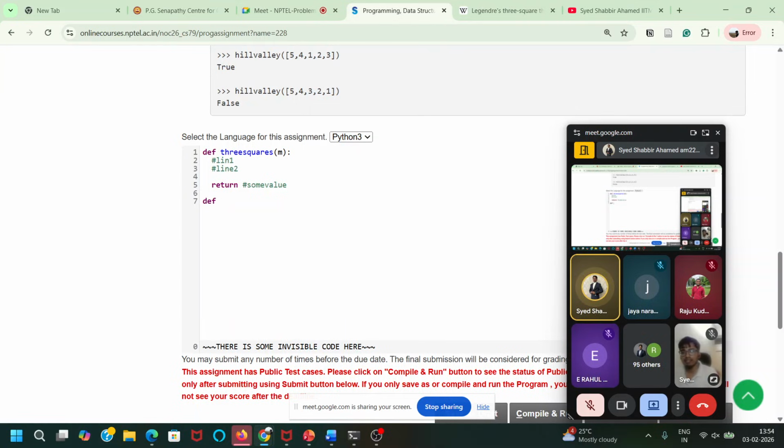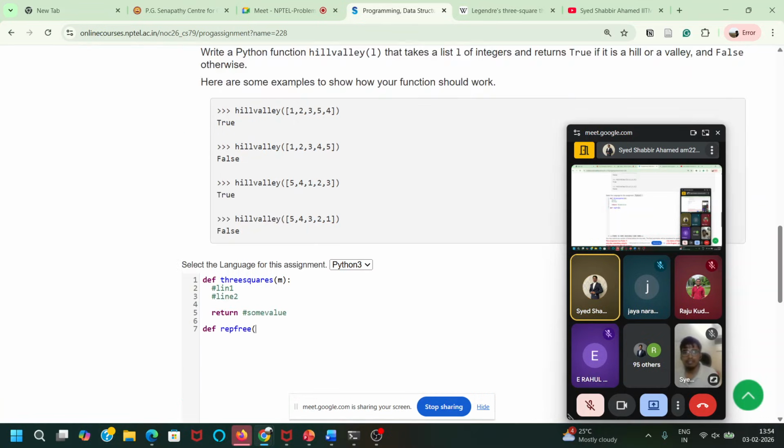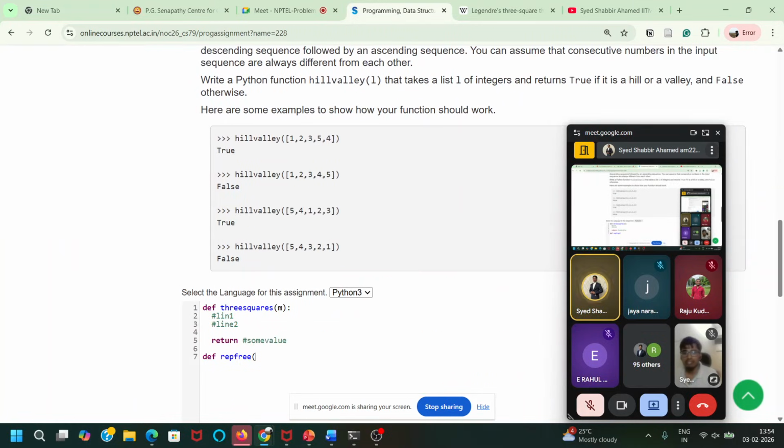So the second question is what? Rep free. You give some string, some input, and then you write some lines of code, and your function will return something after that.